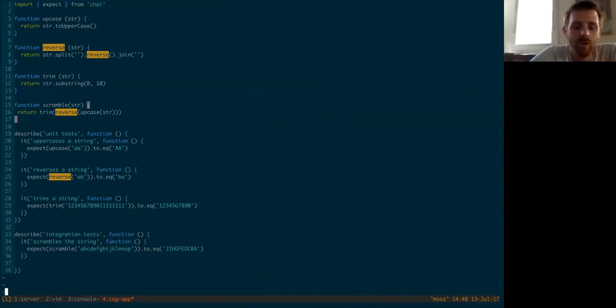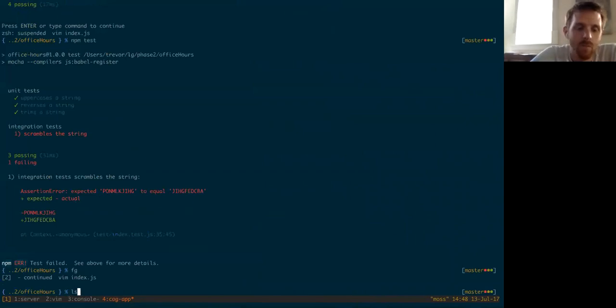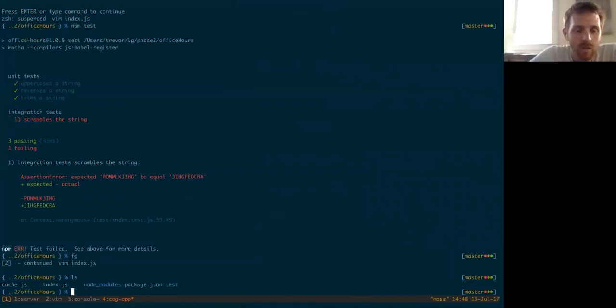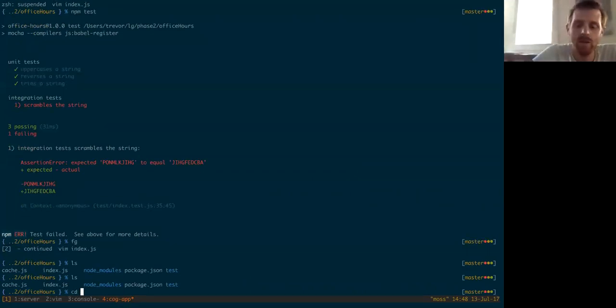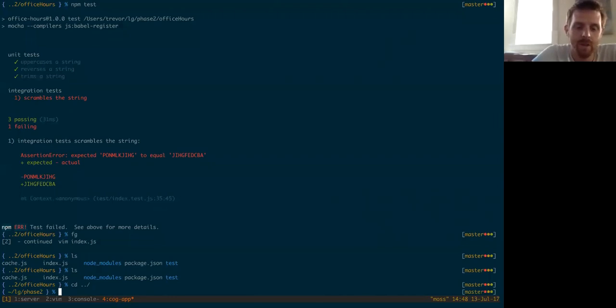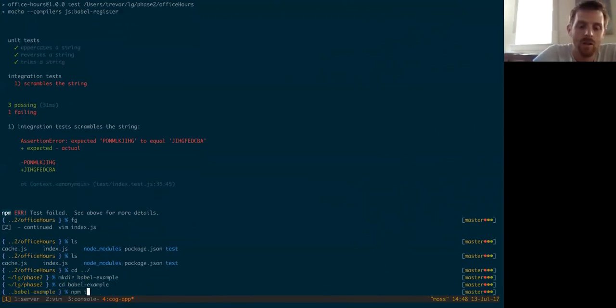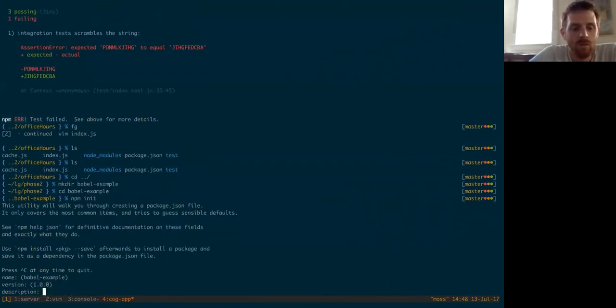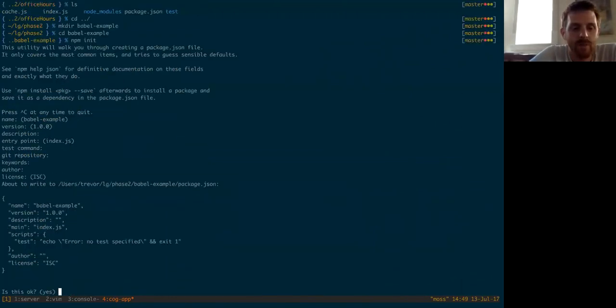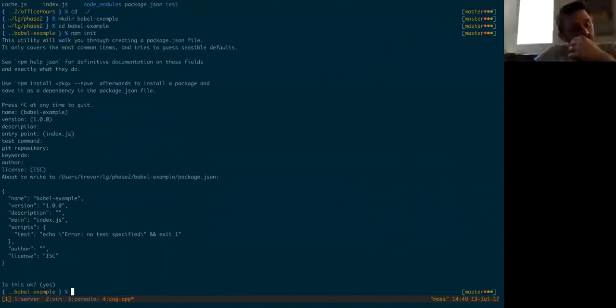So how does it work? How do you set it up? The quick way to do this, and there are probably a few different ways, but let me walk through an example right here. Babel example. Okay, so if we initialize a new npm module in Babel example, let's get these things in here. The quick and dirty way to get this going is to,